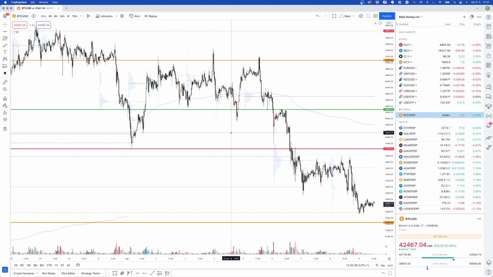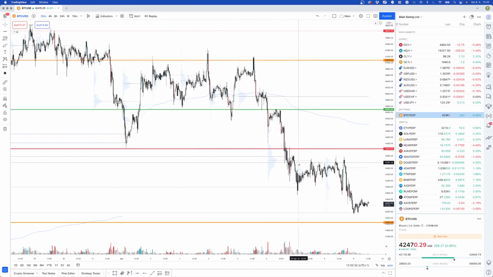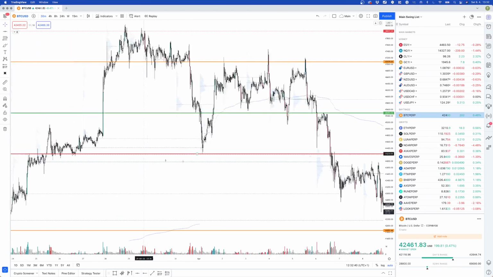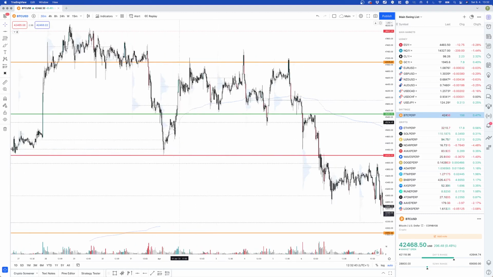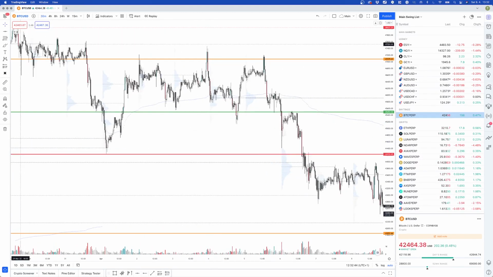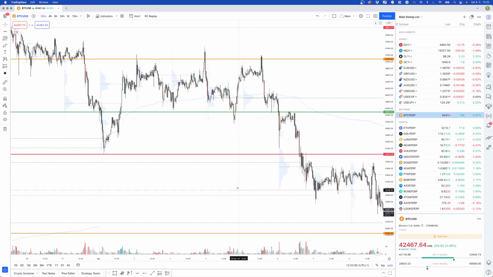Now the last thing to mention is how I actually trade around these levels. The levels work mostly as a map for me. I'm fully aware that they can get squeezed and traded through. I don't expect them to be 100% perfect, for example. So if we take a look at this little section here,